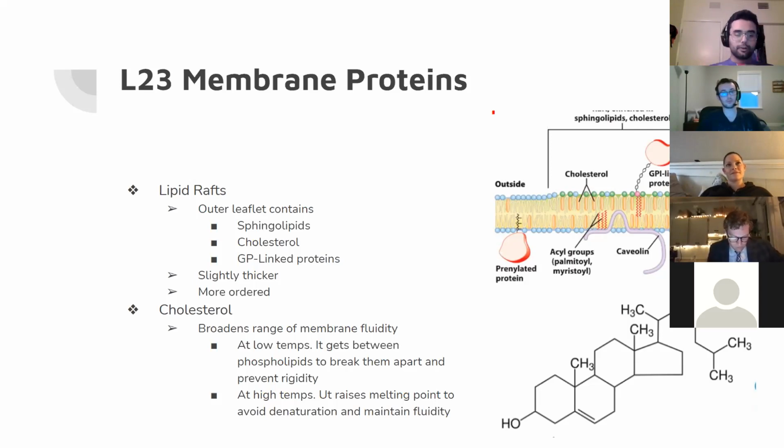Right? So with low temperatures, we're going to have more rigidity. What cholesterol does is prevent rigidity, to an extent, so that we have a broader range of temperatures a cell membrane can survive. At high temperatures, we have a more disordered phase of our cell membrane. So what cholesterol does is bring in more rigidity to make sure we don't denature any of our proteins, and we can maintain fluidity without all the phospholipids just floating away because there's nothing attaching to them. So cholesterol is kind of just mitigating. It's kind of the buffer system of the membrane. Okay.